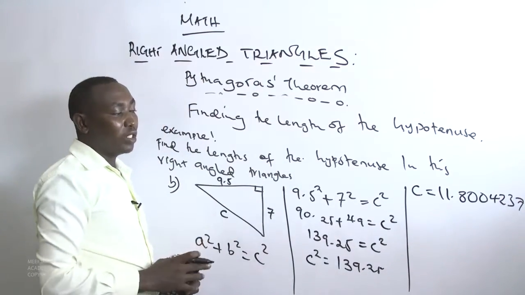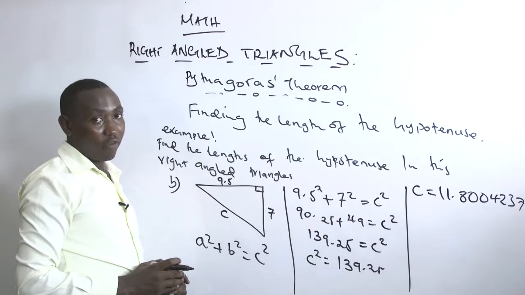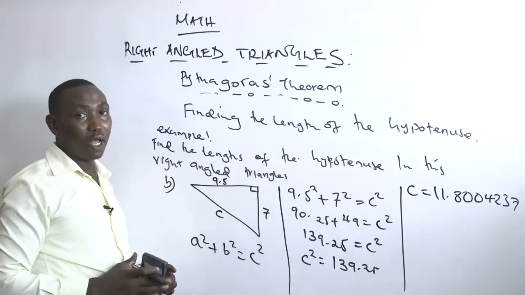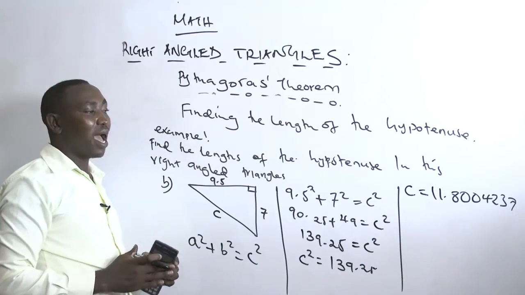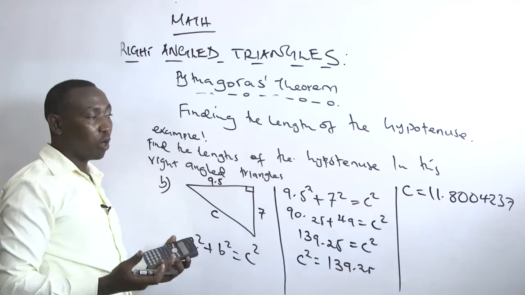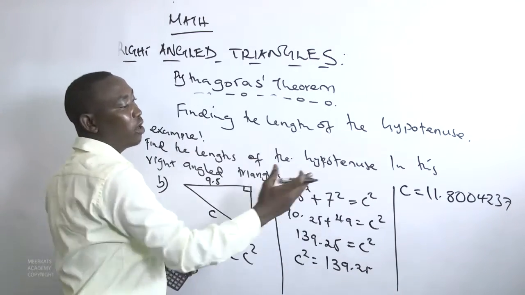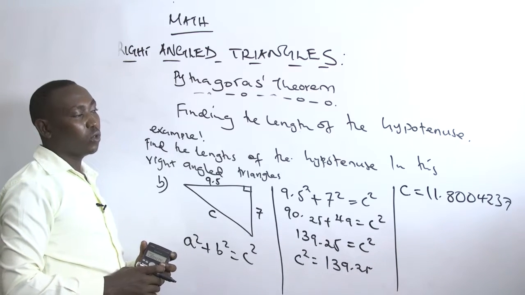Now, in this particular case, we are allowed to round off, and always round off depending on what the question requires. If you're asked to round off to the nearest 2 decimal place, round off to the nearest 2 decimal place. Let us round off this value to